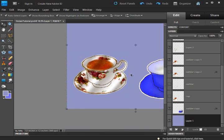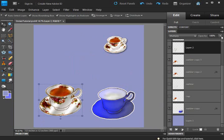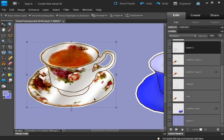Control D, and if it's a little too much, you see it looks not quite like that, I'm going to go ahead and lower that opacity a little bit. You want it to be very, very subtle, as if almost you know the sticker paper with the sticky stuff on the back is kind of a unique kind of feel. Or just think about picking up a sticker and licking it and knowing what kind of paper it is and how it's kind of wrinkly, and when you barely touch the sticker it kind of makes it look so that it's not flat anymore. It kind of has some ripples in it from the fingertips,